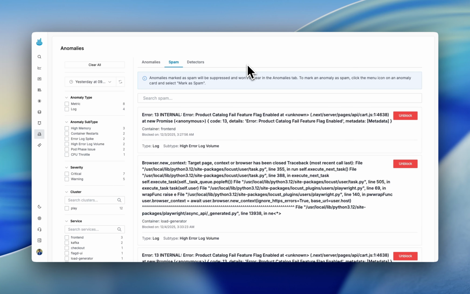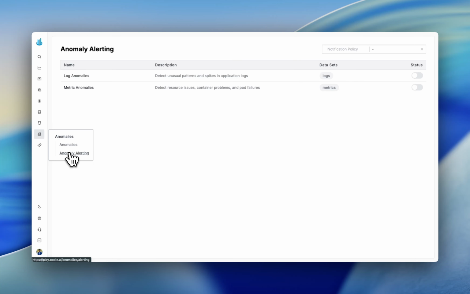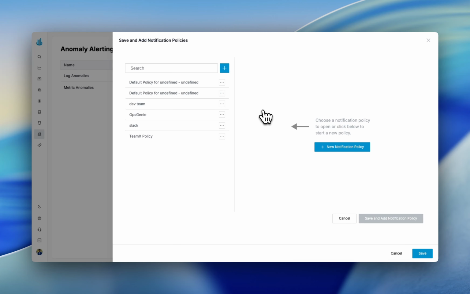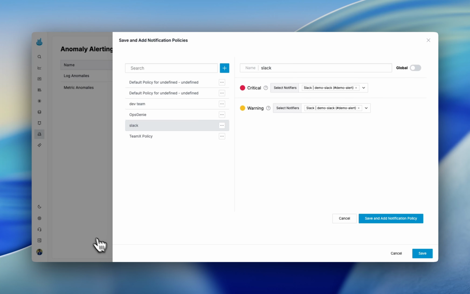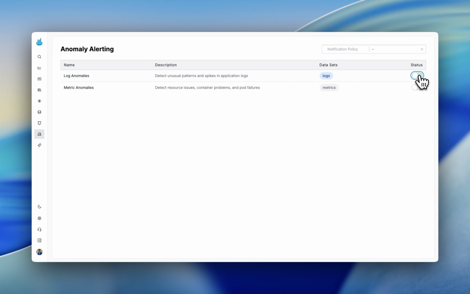In addition to identifying the anomalies, we definitely also want to get alerted when an incident happens. So you can also set notification policies to be alerted whenever an anomaly is detected. For instance, in the anomaly alerting page, set a notification policy where you want this information to be sent. It can either be Slack or even your Opsgenie. So once you select a policy, then you can enable it for the log anomalies or the metric anomalies,